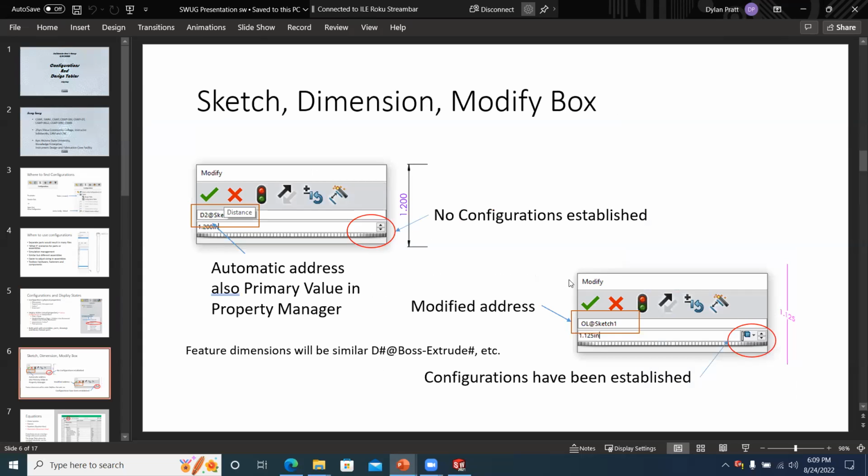All right, so how do you tell you have configurations without going to the configuration tab? You're in a sketch and you double click on a dimension, you set a dimension, and there is nothing on this end that says you're going to be able to pick configurations. Also, we want to pay attention to this automatic address. Most everybody at some point has clicked in there and started typing, and it said, do you want to create this as an equation, a global variable, or whatever? That is our address for this dimension, and it's going to play a little bit of a part coming up into our configuration. On the other side, I have modified the address to be an overall length,